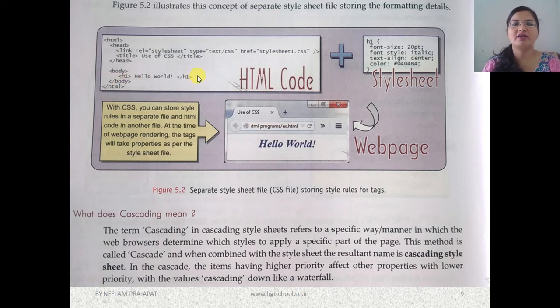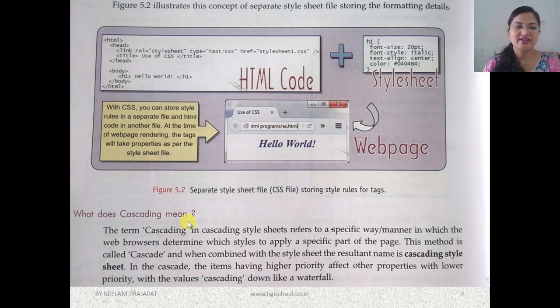Wherever you are using the H1 tag, the same style will be followed automatically. We don't have to write font color, font size or italic inside the head tag. When we save the document, we will be able to see this in the web browser. This is the output of the HTML document.